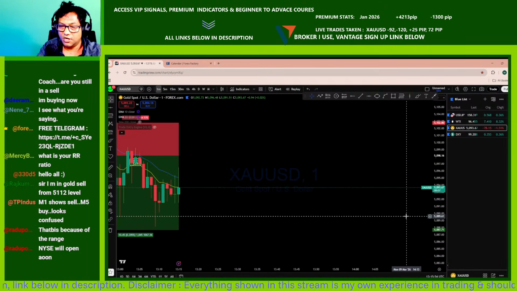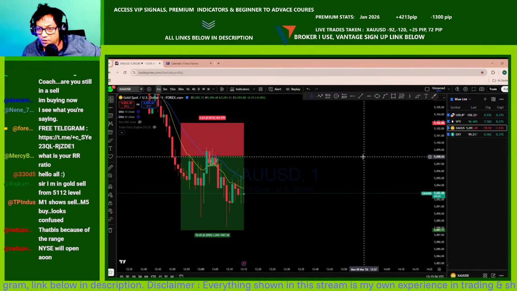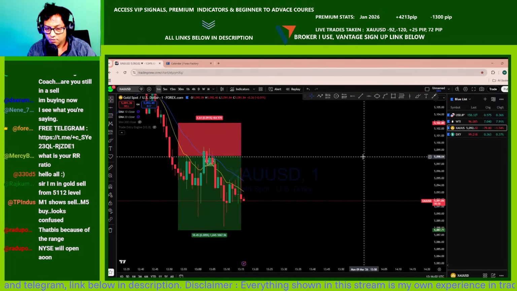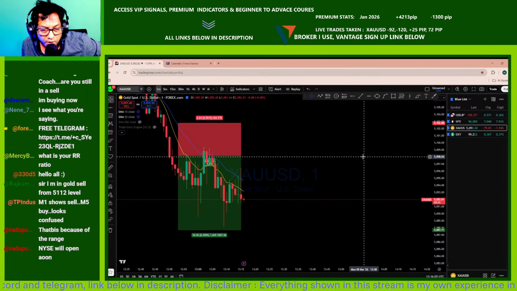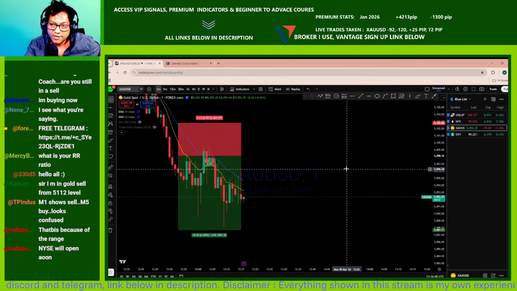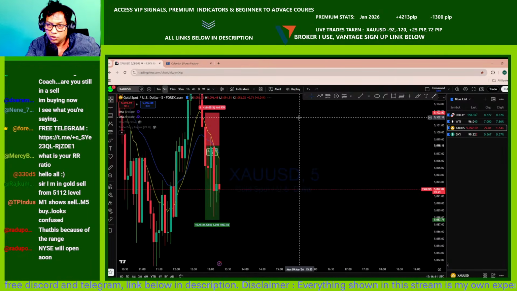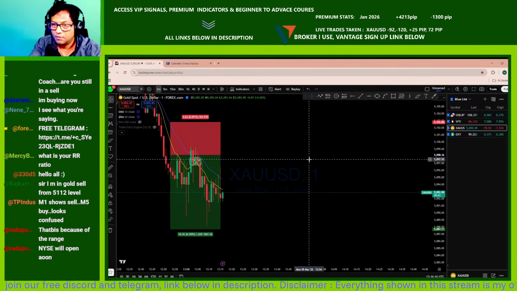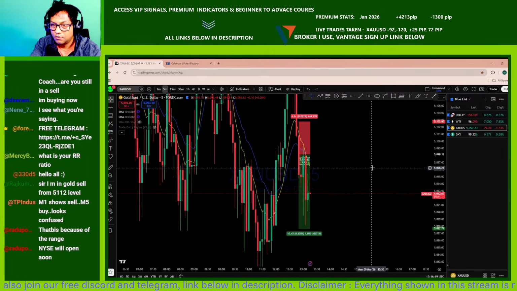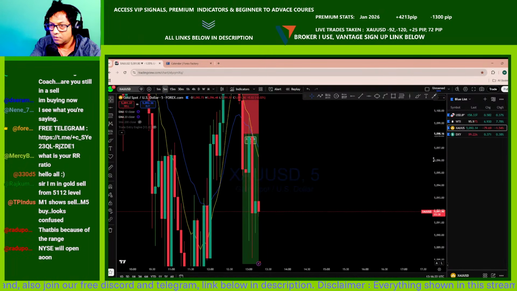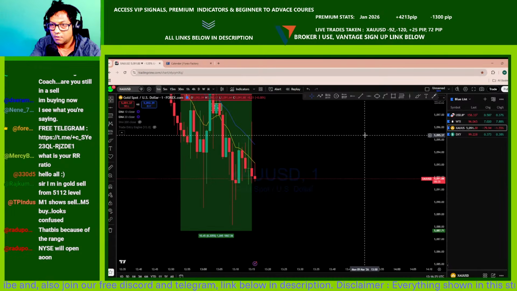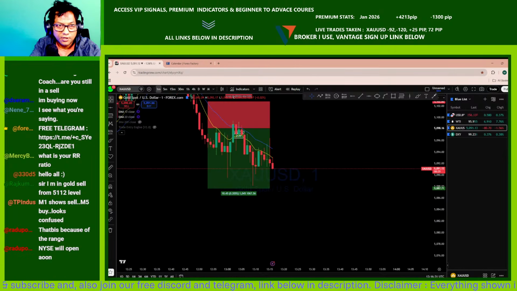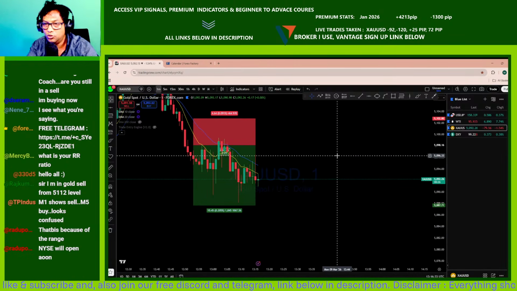Okay, another long wick rejection. Now the market is very, very exhausted on the top. That could bring the market back below to the support. This is what we're looking to see. Here's the long wick, and you can see the market is trending, and I'm holding on to that here in that zone.